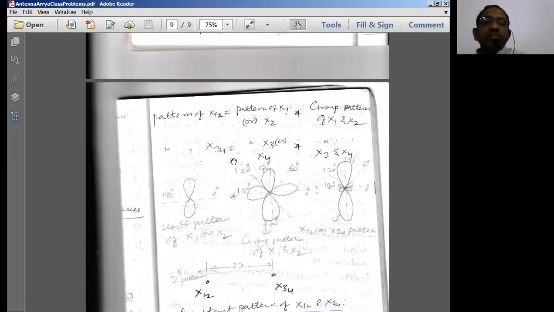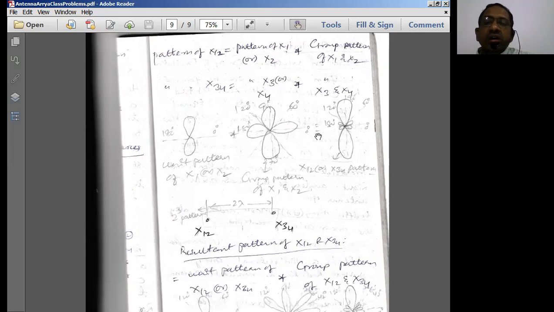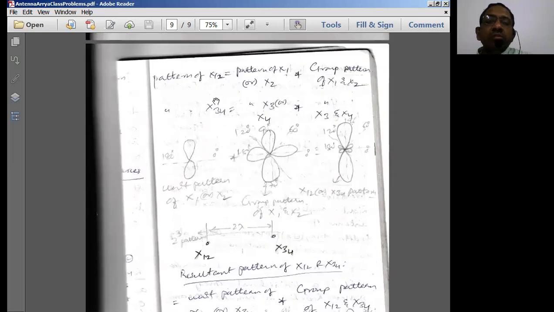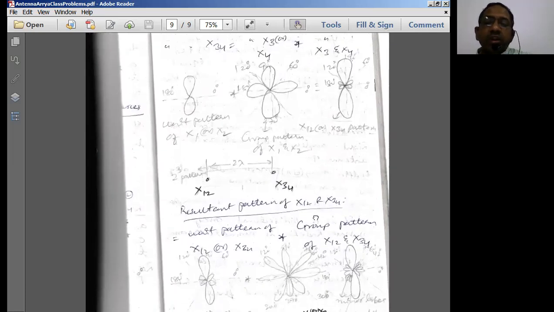So first of all, let us go with this first one now. What is the pattern of x1, x2? It's going to be the 2-point source radiation pattern for a distance d equal to lambda by 2. So we get this kind of pattern there. And next one, the group pattern of x1 and x2 is going to be the group pattern of the array of antennas separated by a distance of lambda. If separated by a distance of lambda, we are going to get 4 radiations, similar to the previous one. This is the group pattern of x12. Similarly, we are going to have it for 3 and 4. The same kind of thing is repeated for 3 and 4.